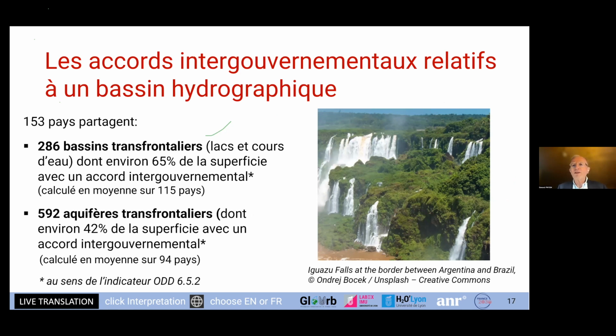So what about intergovernmental agreements relating to basins? There are quite a lot of these. There are many cross-border basins, and 2/3 have intergovernmental agreements. So there are twice as many for cross-border aquifers, and a certain number of treaties that go with them. So some of the basins are full, some are half empty. We might say that there are not enough, but most of them are covered. At world level, at global level,